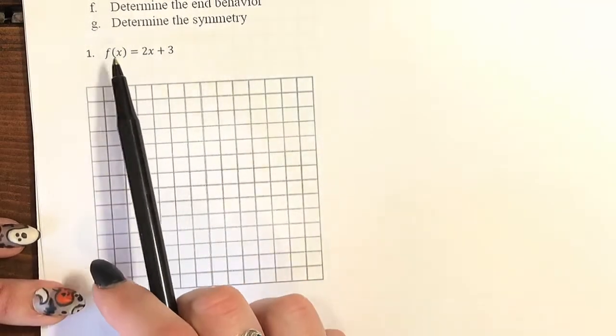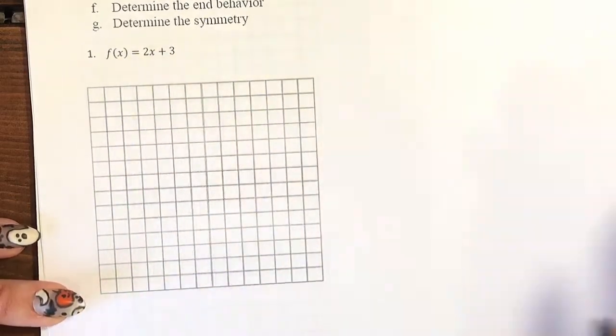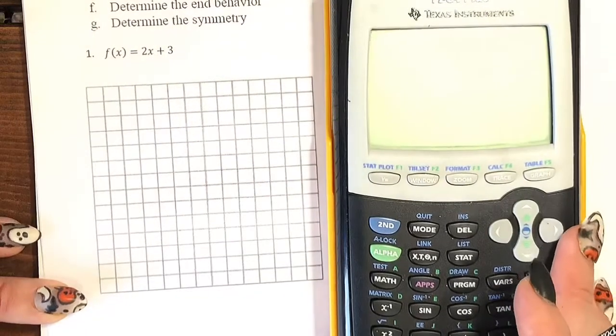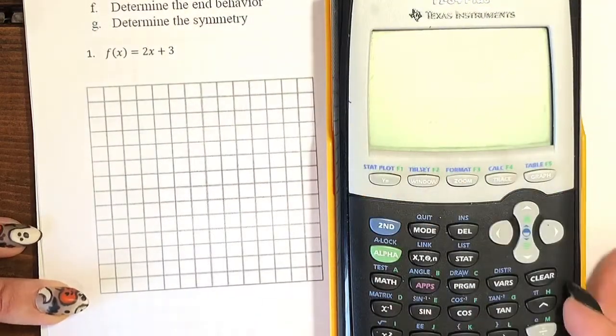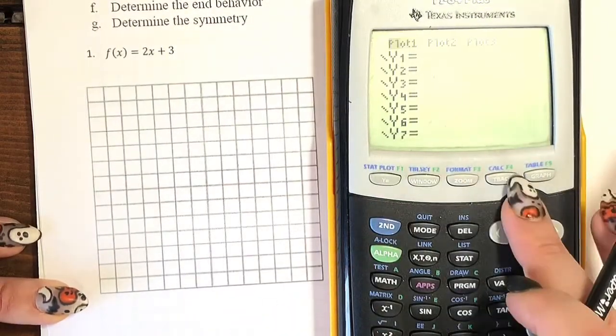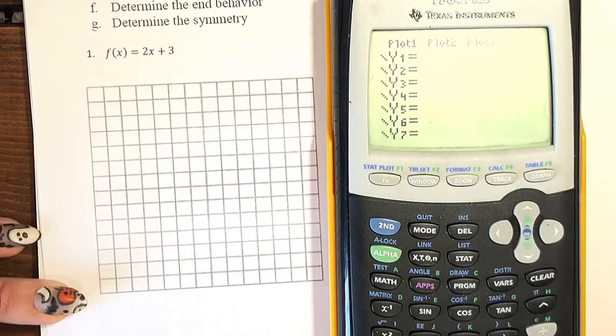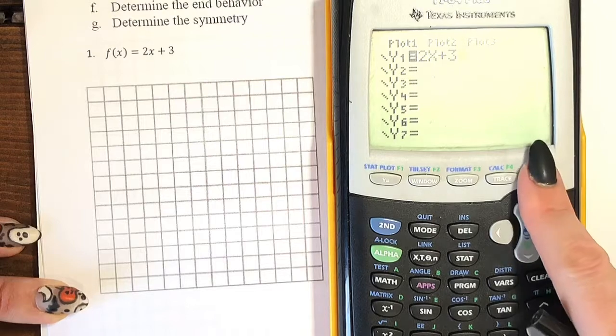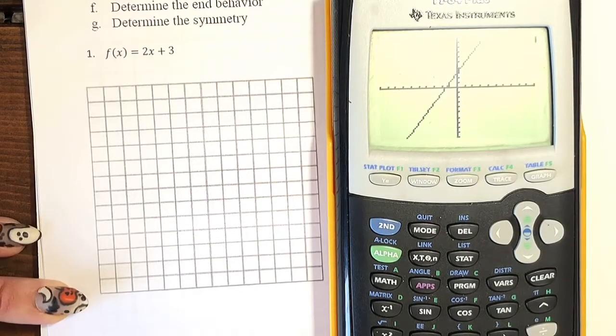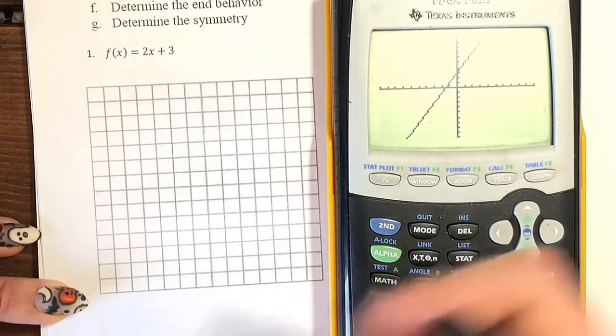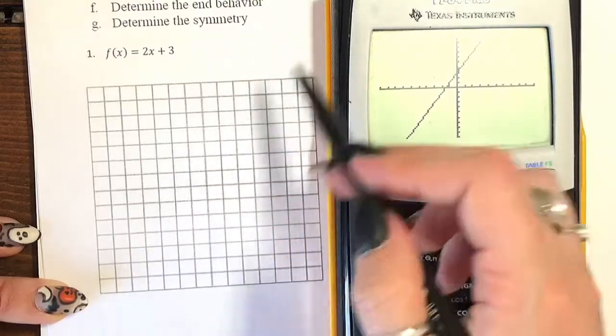So we have the function f of x equals 2x plus 3. So if I get my graphing calculator out, and we go and graph this, I'm just going to type in 2x plus 3 and then click graph. And we do have just a line here, a linear function. So when we graph this,